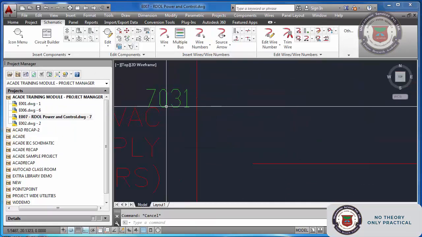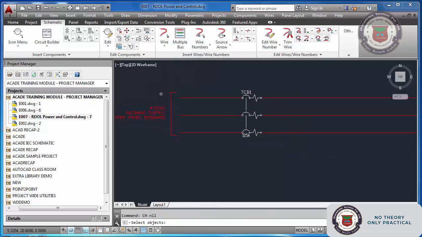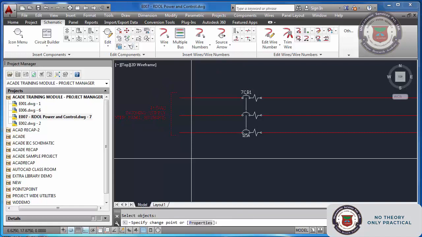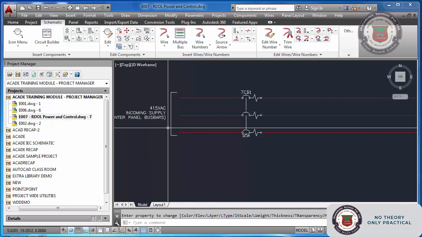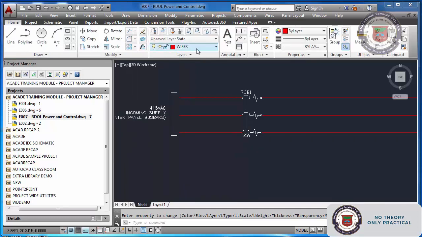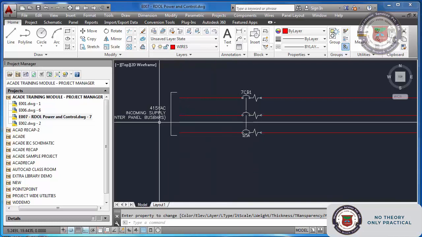I don't want that. So make sure these are not in the wire layers. So I'm just changing the layer. I have changed the layer now. You can go here, choose a 0 layer or some other layer and select these components. There are many shortcuts. So I have changed the layer to 0.